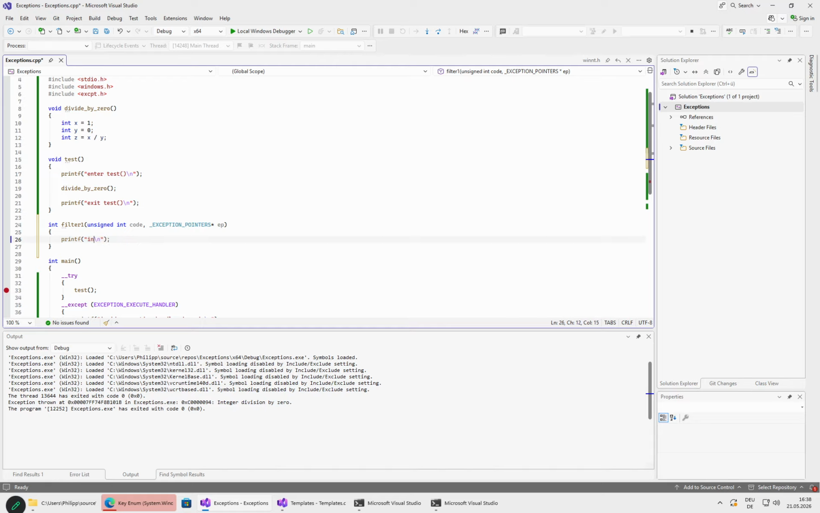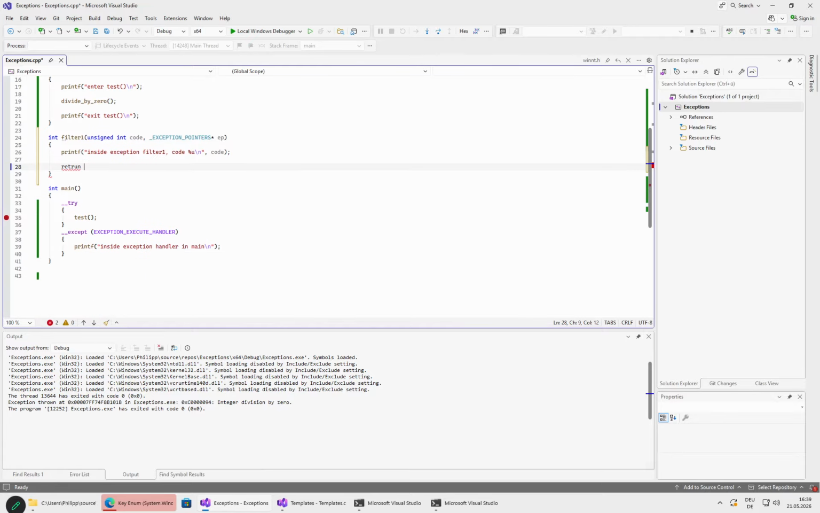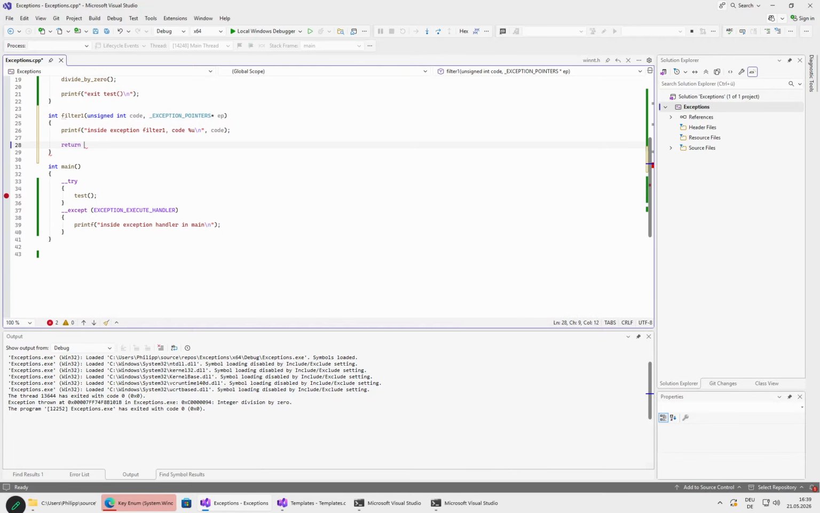So we are here inside filter 1, comma code, %u, comma code. We will just print the exception code. We will not care for the other things, and then we return our exception handle, and then we'll pass this here, but we need to get the two pieces of information. So get exception code and